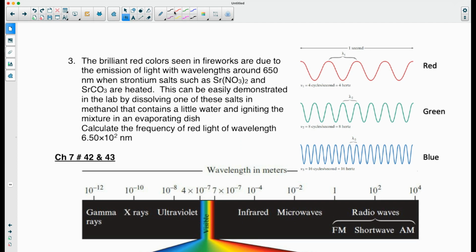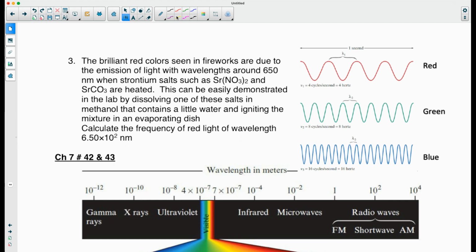It says the brilliant red color seen in fireworks. Colors seen in fireworks are due to the emission of light with wavelengths around 650 nanometers when strontium salts are heated. This can be easily demonstrated in the lab by dissolving one of these salts in methanol that contains a little water and igniting the mixture in an evaporating dish. And then it asks us to calculate the frequency of red light of wavelength 6.5 times 10 to the 2 nanometers. So I am going to write